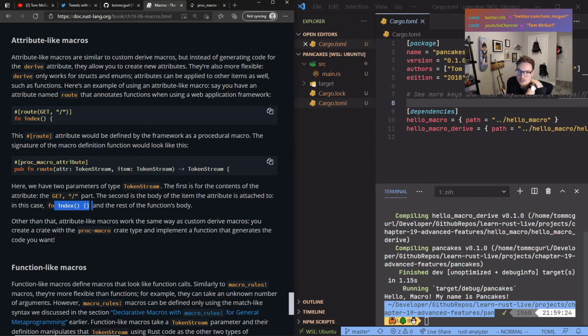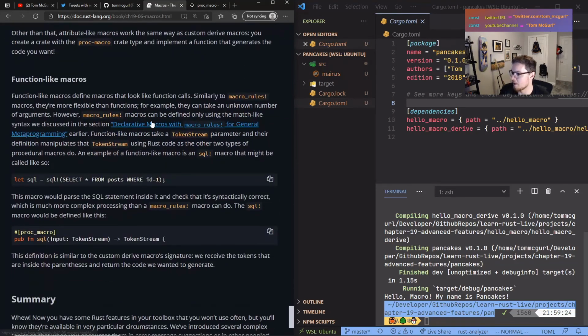Other than that, attribute-like macros work the same way as custom derived macros. You create a crate with the proc macro crate type and implement a function that generates the code you want. Function-like macros. Function-like macros define macros that look like function calls, similarly to macro rules macros. They're more flexible than functions. For example, they can take an unknown number of arguments. However, macro rules macros can be